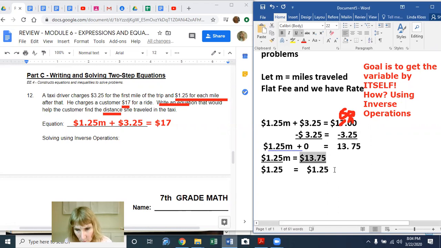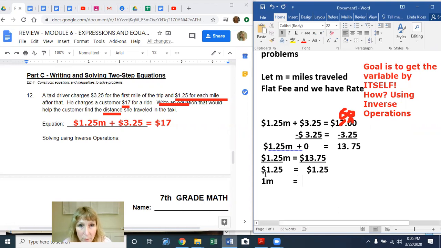And so $1.25 divided by $1.25 is going to give me just 1 M, don't forget the M is still there, equals, move the equals down a little,